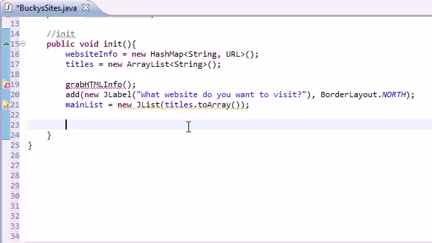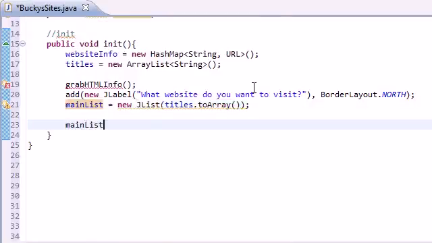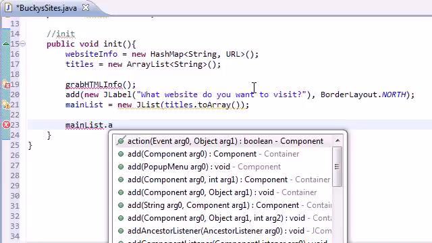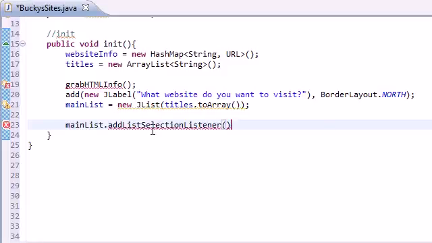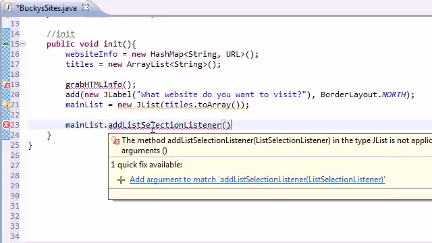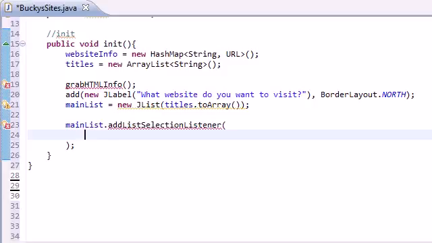So go ahead and write the name of your list, which is main list, and add a method called add list selection listener to it, just like that. Now inside this parameter, I'll just go ahead and tell you. What we need to do is add an anonymous inner class, basically the functionality to wait for the list itself. So the first thing you do is add a new list selection